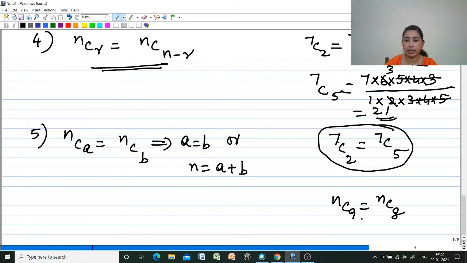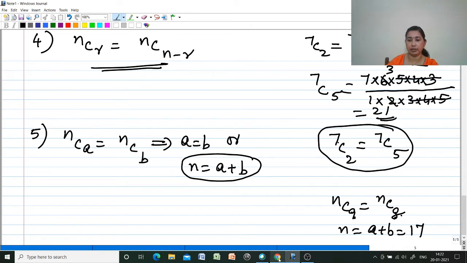So, in such a case we can't say that a and b are same. It is not equal. So, we have to go for the result n is equal to a plus b. Here a is not equal to b. So, n is equal to a plus b, that is 8 plus 9, that is 17. So, that is why either you have to take a is equal to b or you have to take n is equal to a plus b. So, whichever condition is satisfied, you have to take. In every case a equal to b will not work. Instead of that you will have to take n is equal to a plus b. So, check the condition which is satisfied and then use.